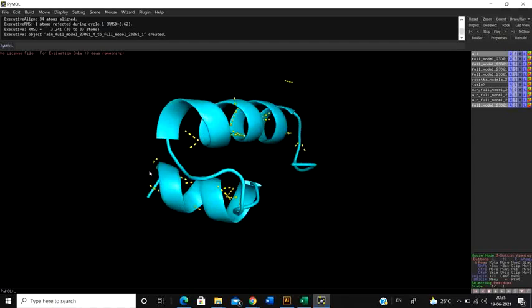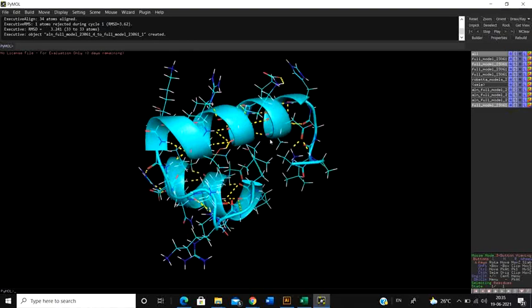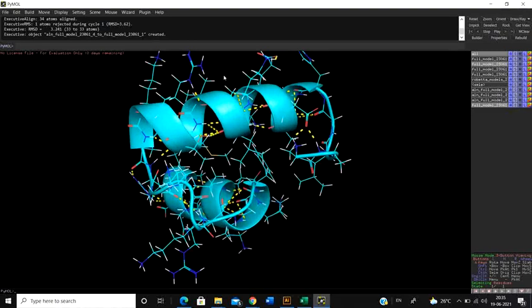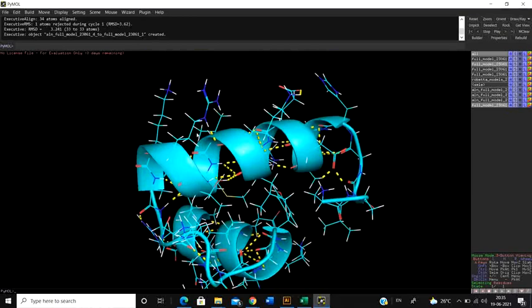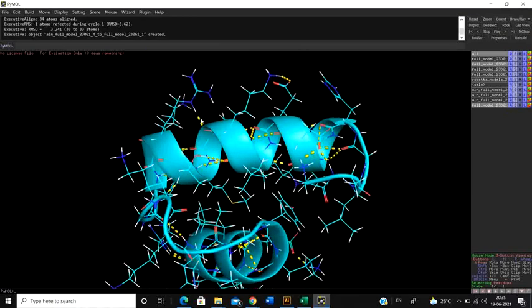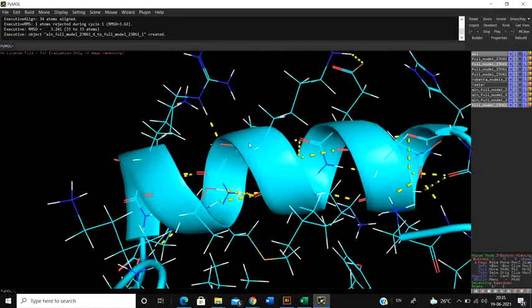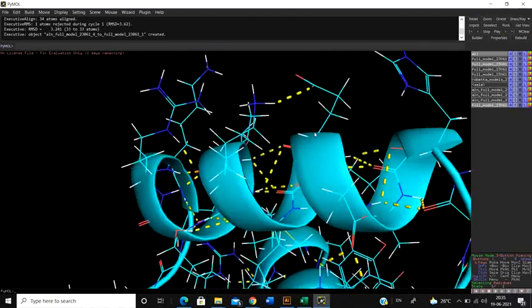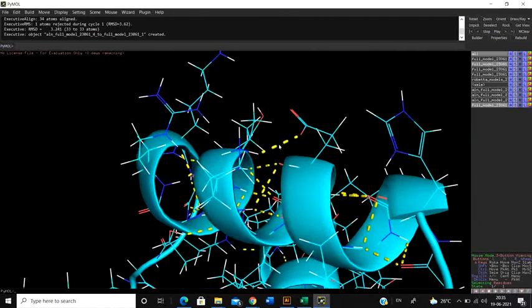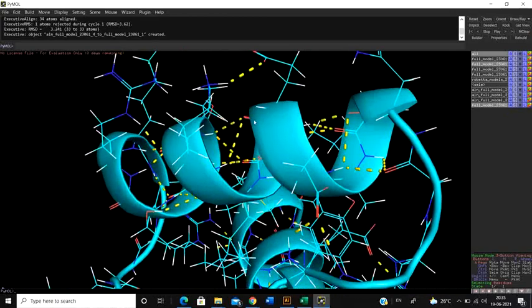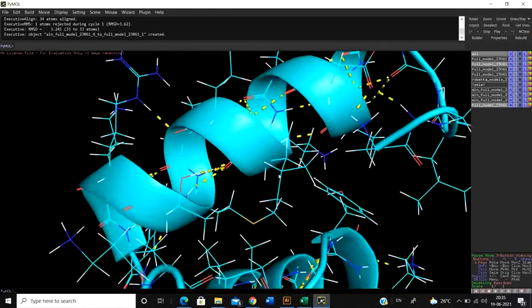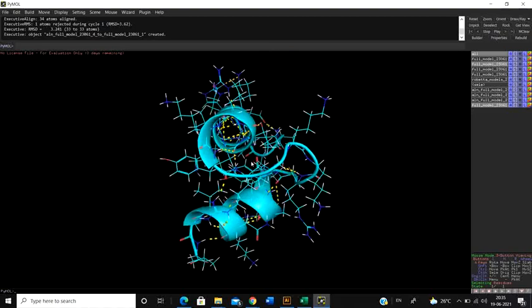But some of the hydrogen bonds are in the air, right? It is actually not in the air. Why? Because I have not shown the entire structure. Since the side chains are hidden, it was feeling like it is in the air. Now see, once I open the side chains, you get to see the options. So this is one of the hydrogen bonds between this oxygen and this nitrogen or hydrogen. You get to see this is the other polar contact that this particular molecule has. So these are the different polar contacts.